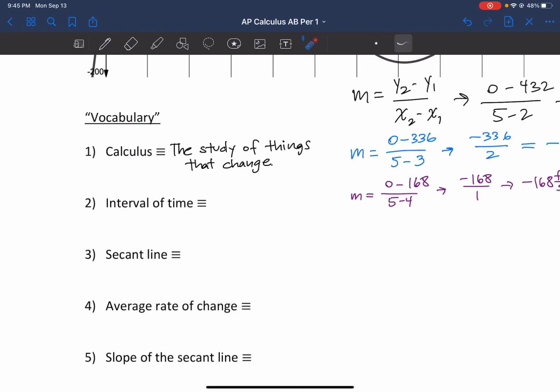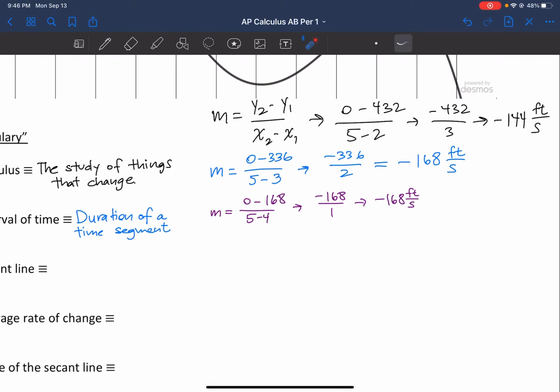We've been taking 3 different intervals of time. So my definition for that is a duration of a time segment. So we had 3 different segments for the blue, for the black, and for the purple lines. Those time segments, or intervals of time, were 3 total seconds for the black one, between 2 and 5, 2 seconds for the blue line between 3 and 5, and 1 second for the purple line between 4 and